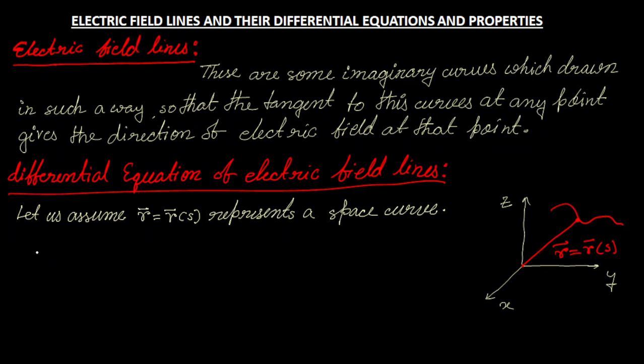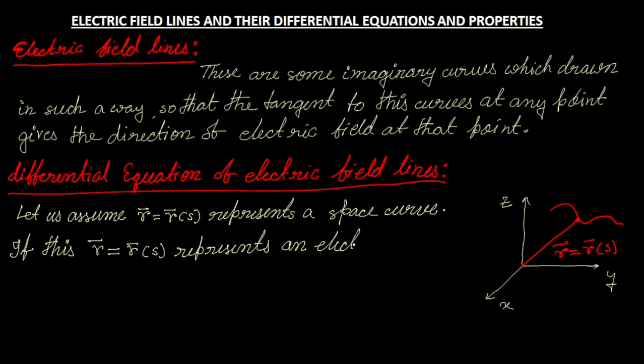Now what we are arguing is that if this r equals r of s represents an electric field line,